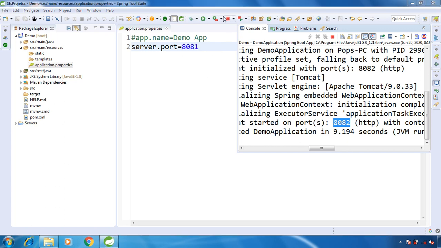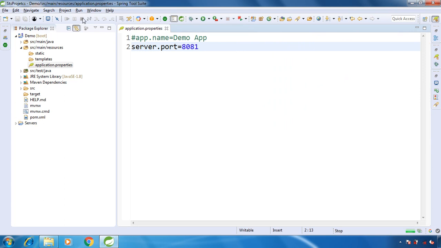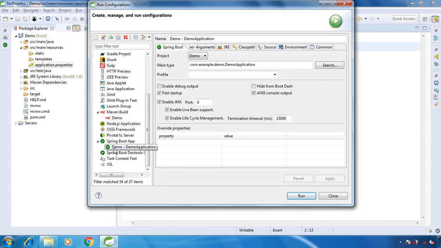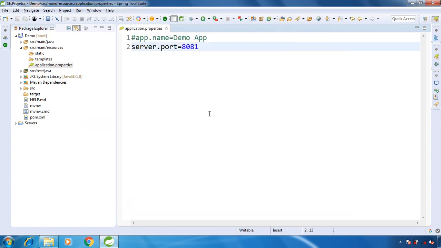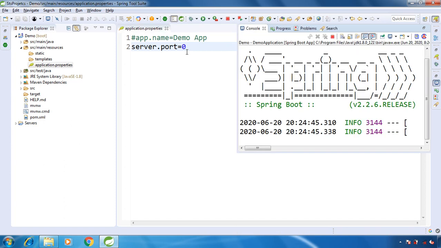Now let's stop our Spring Boot application, and let me remove the VM argument as well. Now say, for example, for this property server.port, we give the value 0. Let's run our Spring Boot application. If you provide this value as 0, then every time you run your Spring Boot application, it will run on a different port.